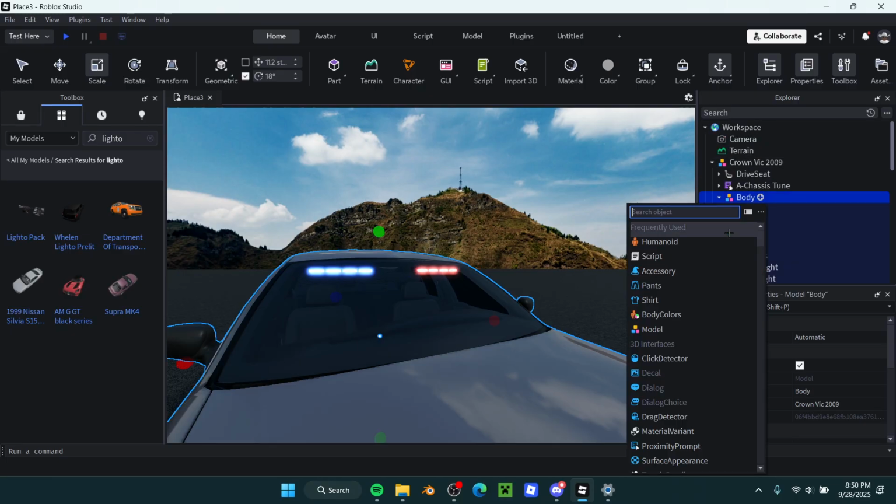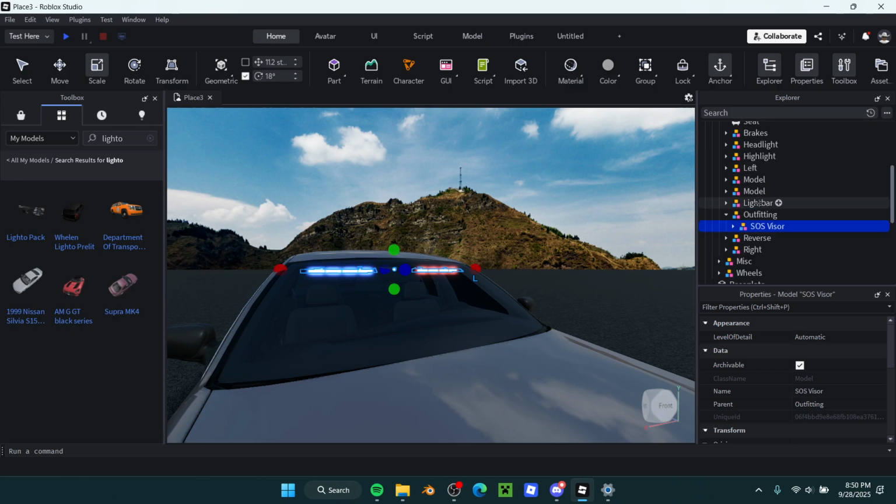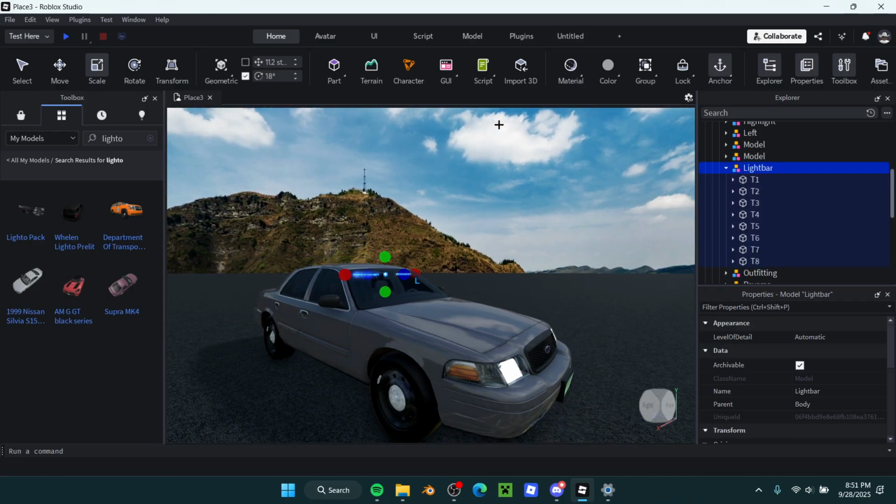You want to create another model and name this outfitting. You don't need to do this, but I do it because it looks nice. I like to organize my stuff. Put the visor in outfitting. To do that, you have your lights, all your lights and the light bar. Then you want to open your Emergency Vehicle Creator plugin,